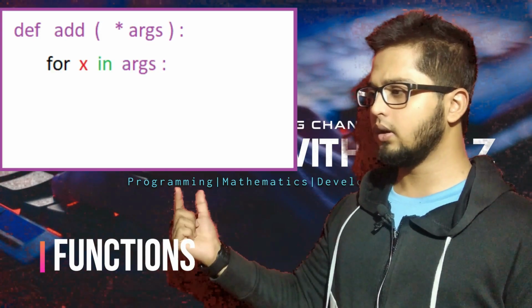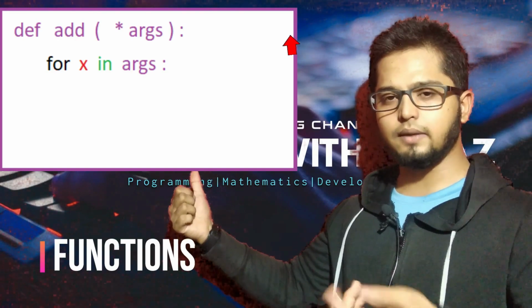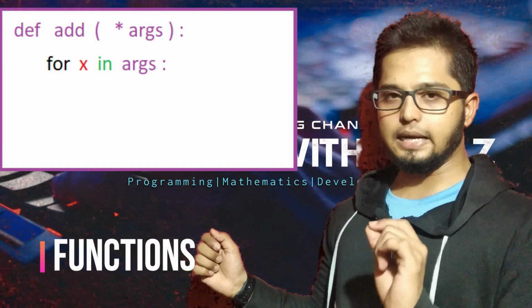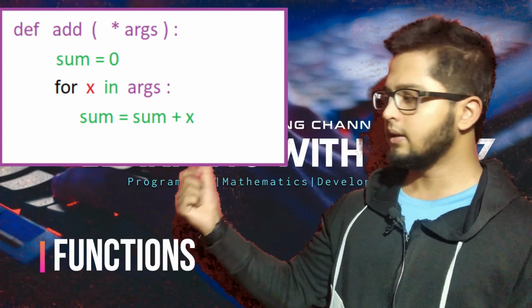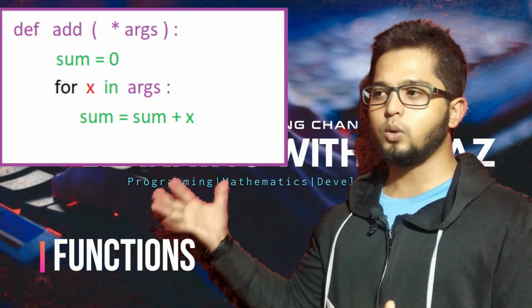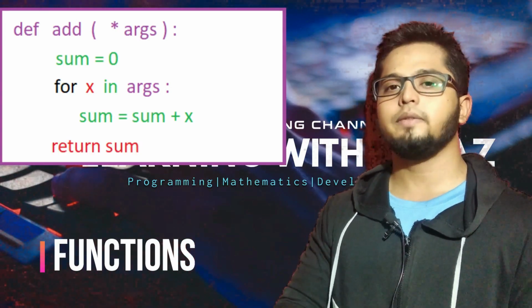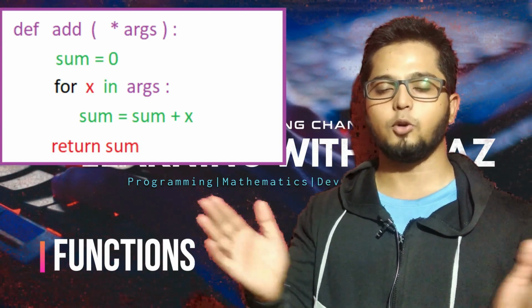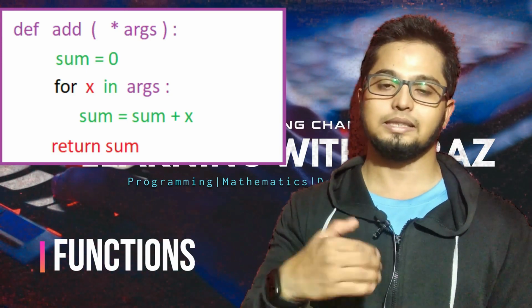So I will take any variable name, x in args, whatever args I have passed. I will put colon, right? So I will take one variable, sum. I will initialize it as 0. Sum is equal to sum plus x, right? So it is going to add however many arguments I am giving, and I am going to return sum as the answer. So I can give any number of arguments to this function, and it is going to return me the sum of all the numbers, and it is only one function. No need of writing 3-4 functions. So this is the advantage, right?